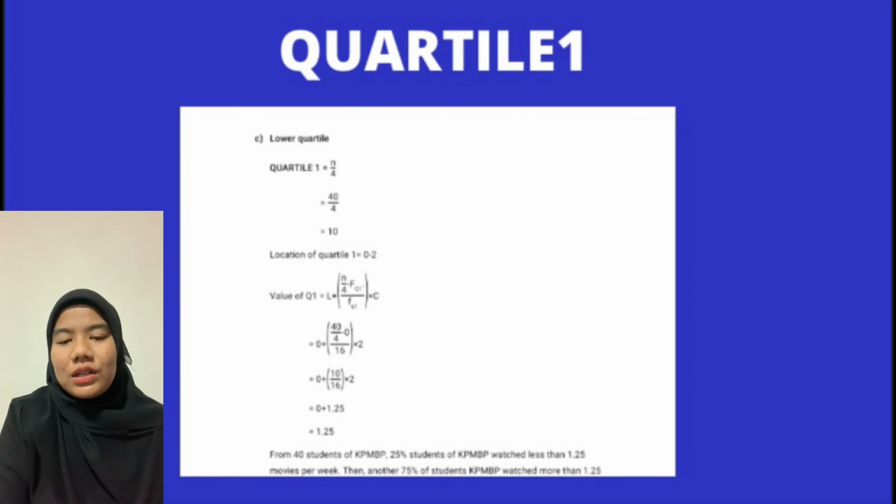For quartile 1, use the formula: lower boundary plus open bracket, total frequency divided by 4 minus cumulative frequency of class before, divided by frequency of first quartile class, close the bracket, multiplied by class width. Next, enter the value 0 plus open bracket 40 divided by 4 minus 0, divided by 16, close the bracket, multiplied by 2, equals 0 plus open bracket 10 divided by 16, close bracket, multiplied by 2 equals